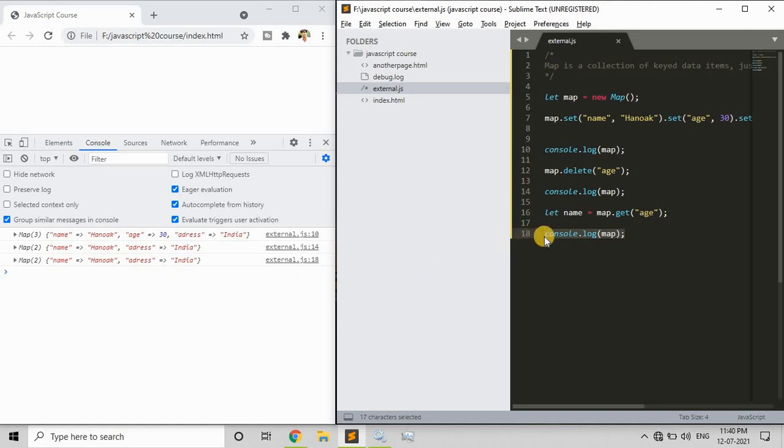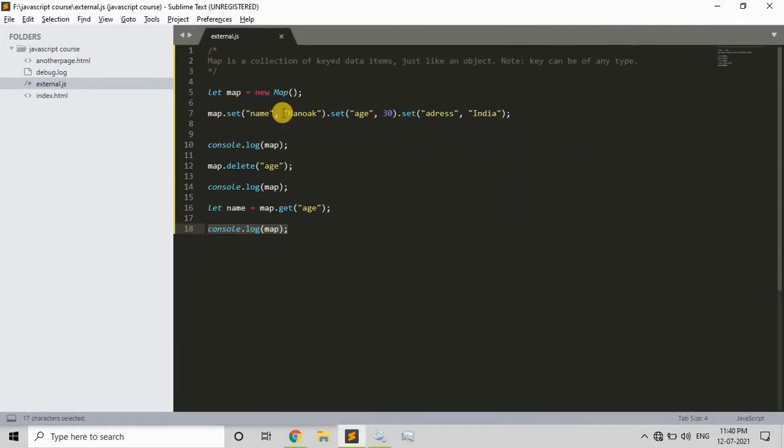Now let's dive deeper and check whether an element is in the map. I'm just checking, not getting the value. Instead of get, I'll say map.has.